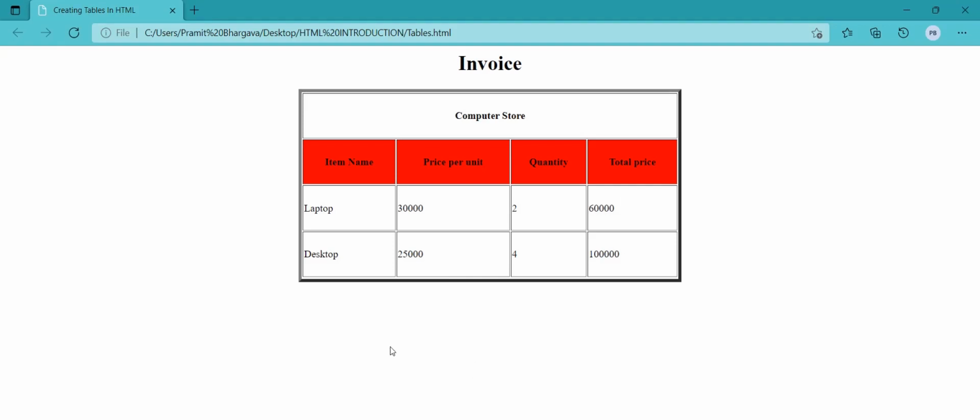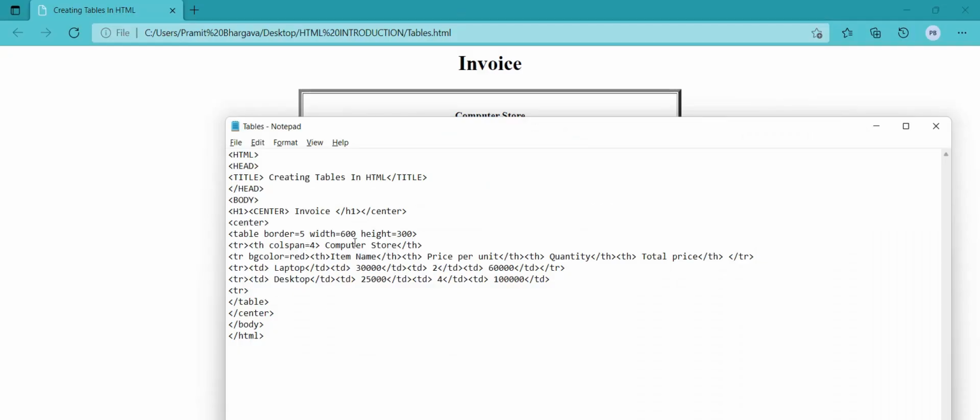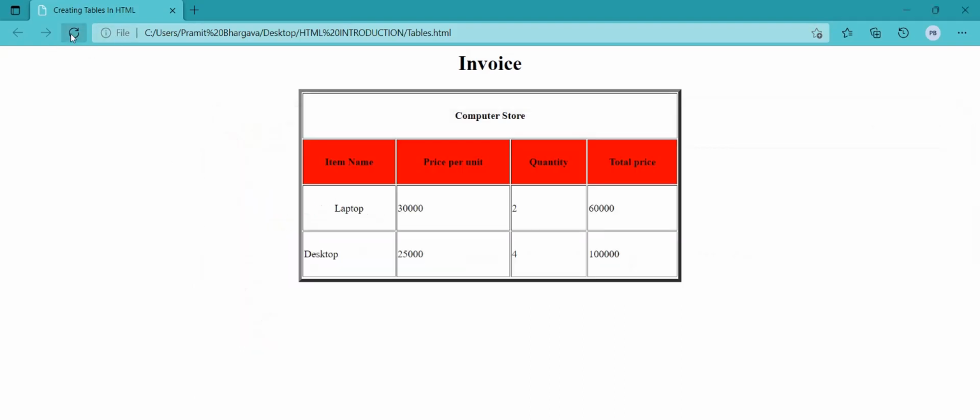Now I'll tell you how to center align the text in the table. Like the laptop is left aligned and I want it to be center aligned. Where is laptop here? From TD, I'll write just align equal to center. I save it. We should see laptop is center aligned.